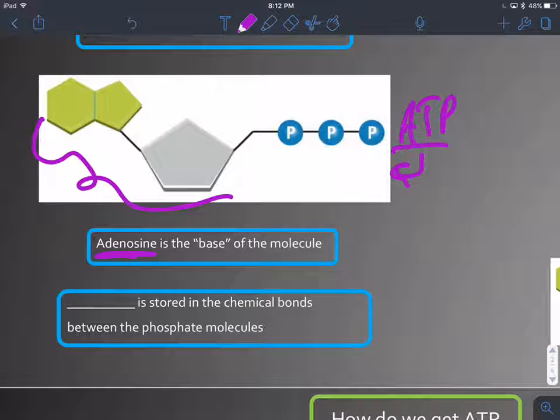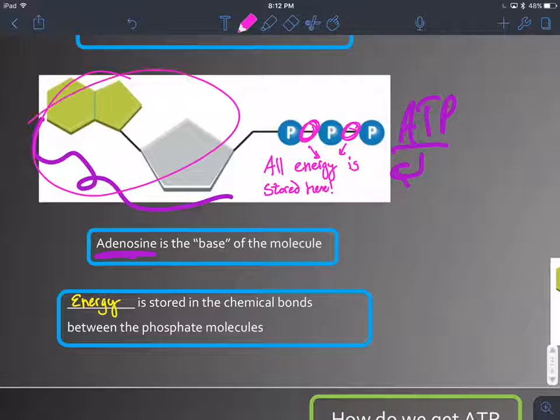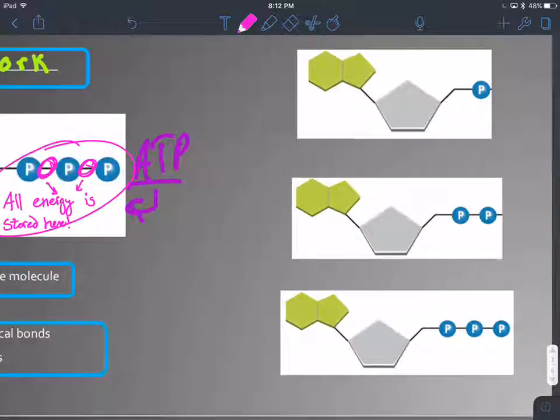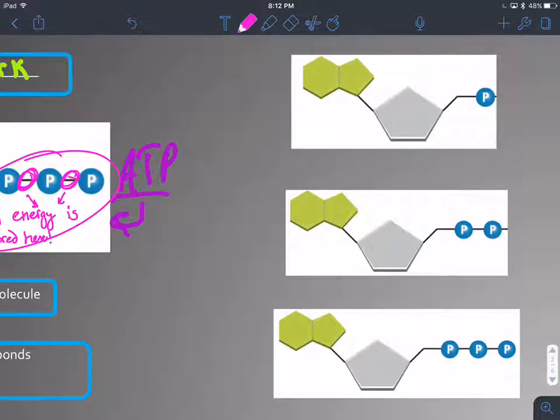Okay, and that the energy in this molecule is really stored between the phosphate groups in bonds. And if you remember, it's right here and right here where all the energy is. Okay? So no energy over here on the left, all our energy is over here on the right. And this is ATP. Okay, so the other thing that we learned is that there's a difference from this molecule